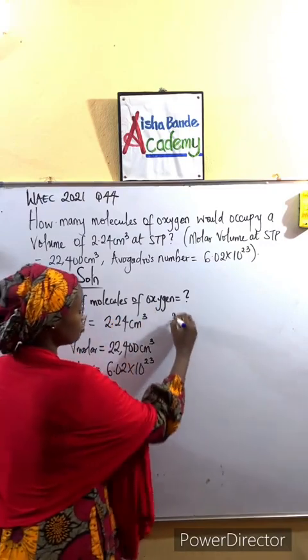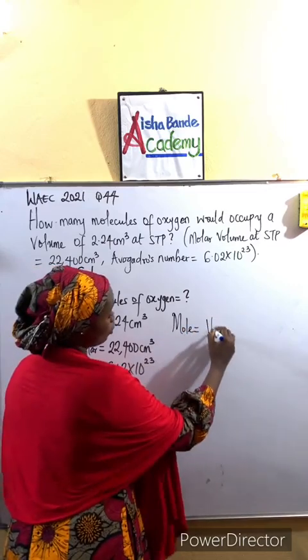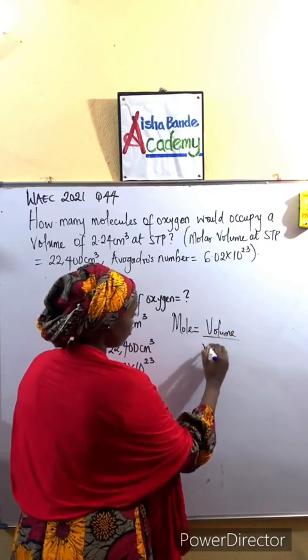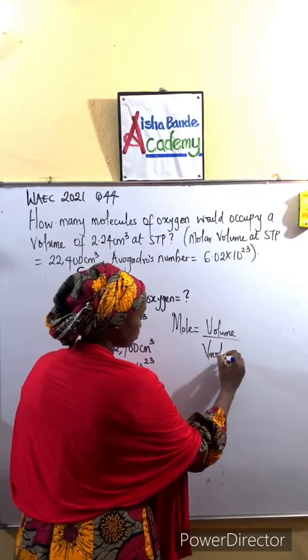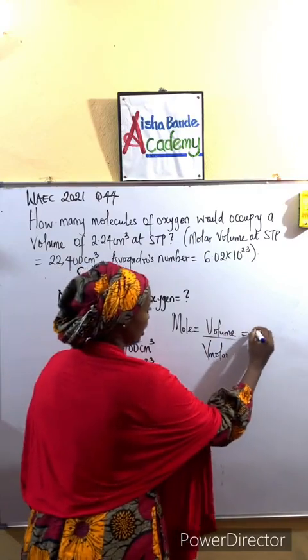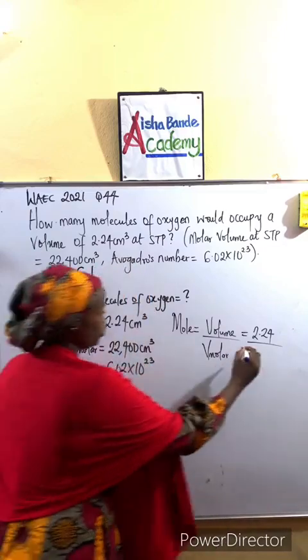The mole is going to be equal to the volume divided by the molar volume given from the question. So the volume we have here is 2.24, divided by the molar volume, which is